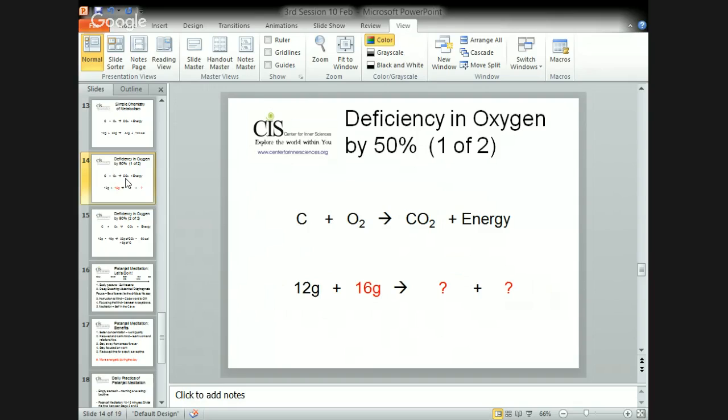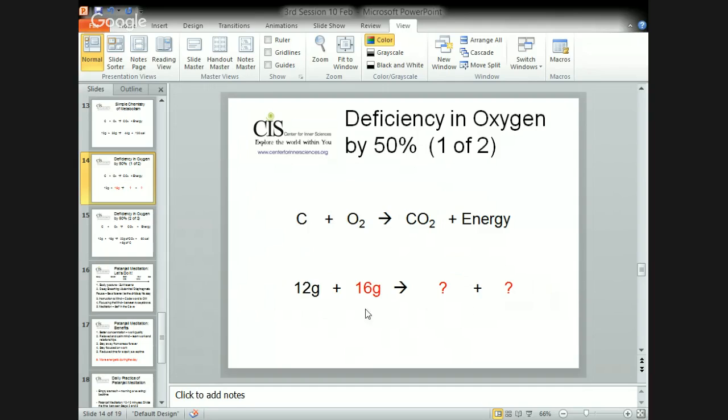That is the survival system substance number one, and available in plenty, but we are greatly undersupplying it to our system. Let's quickly go through it. Suppose instead of 32 gram of oxygen, only 16 gram is available. Then how will the things add up? What will be on the right side? Previously there was 12 and 32, and somebody could easily add to 44, and 12 grams gives 120 calories.